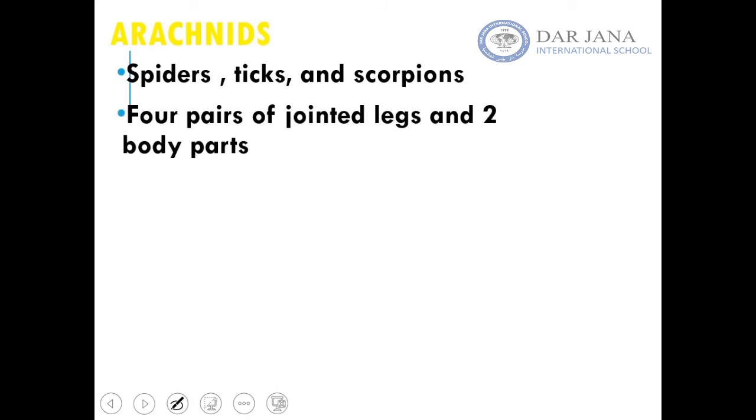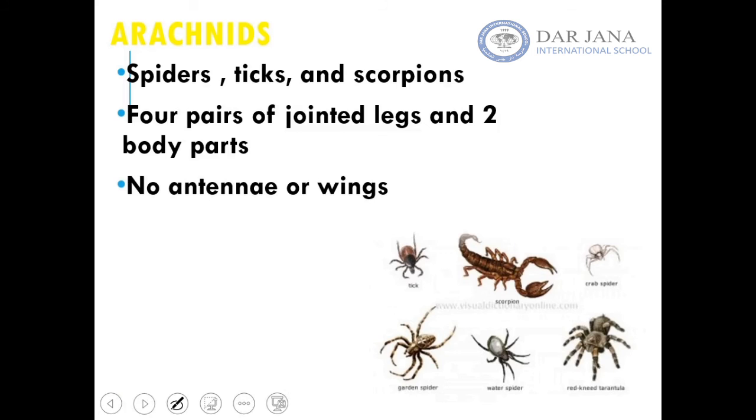Another order for arthropods, we have the arachnids. When I say arachnids, I'm talking about spiders, ticks, scorpions. Here they have 4 pairs of jointed legs. I mean by that, they have 8, okay? And there are 2 body parts. They don't have antennae or wings. Here as examples, we have the tick, we have the scorpion, we have the spider, and those are also other examples